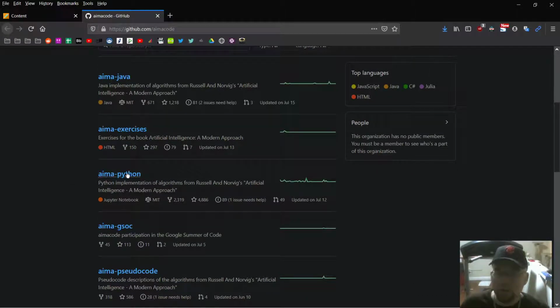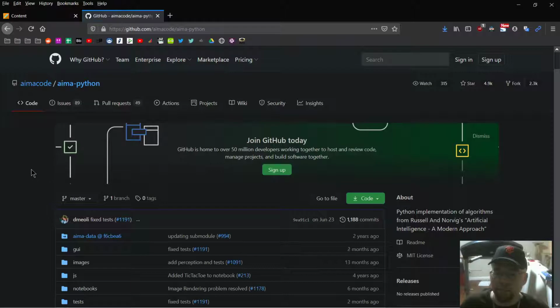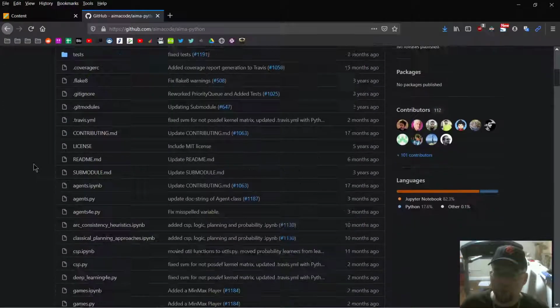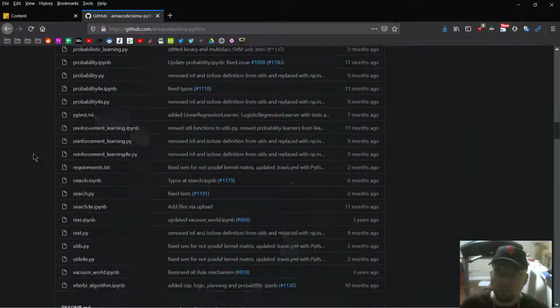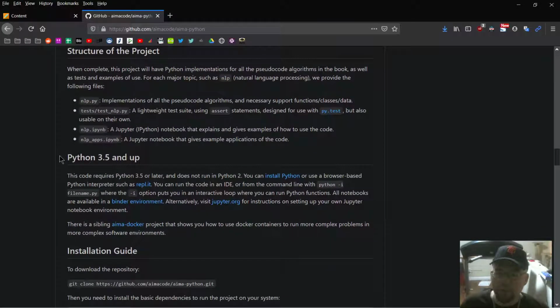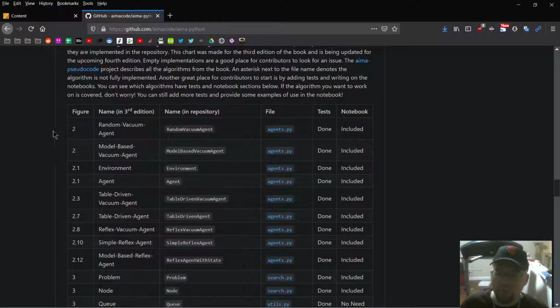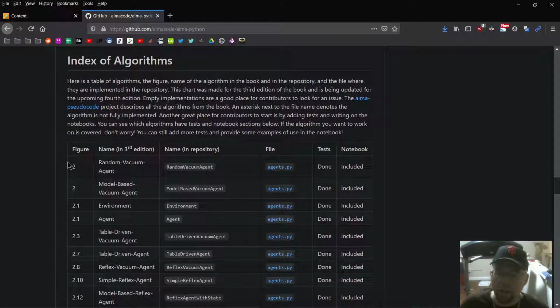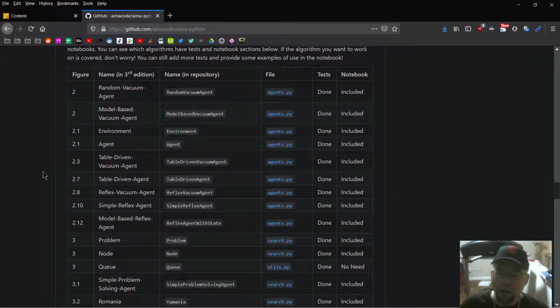So what I'm going to do is go to this Python section here because I think Python's the easiest to read out of all of them. Well, I mean Java is too, but I'm just going to go to that. If you scroll down, you'll be able to see that it gives you an index of algorithms here. So we're going to look at,